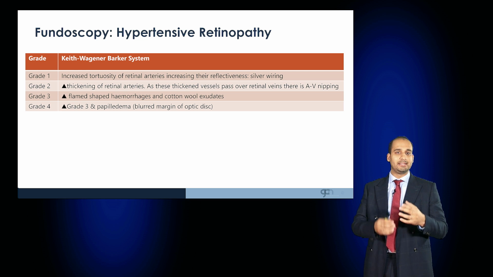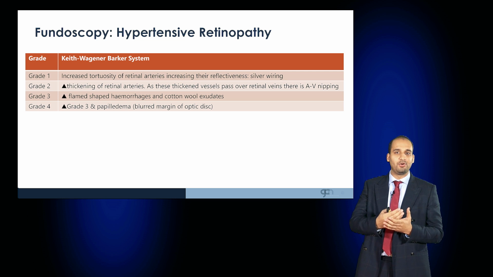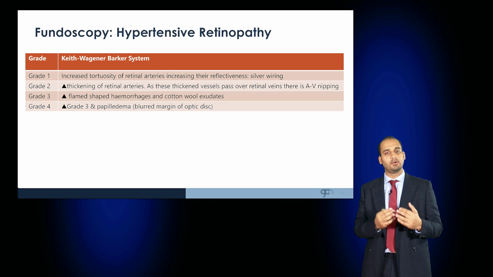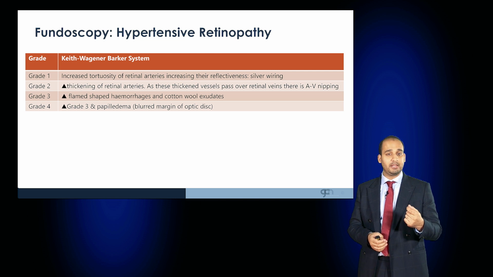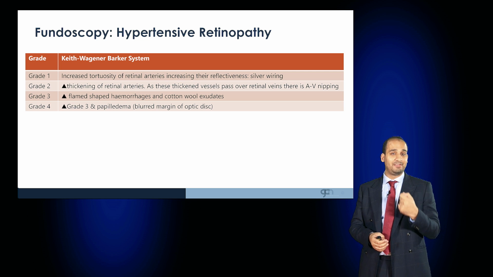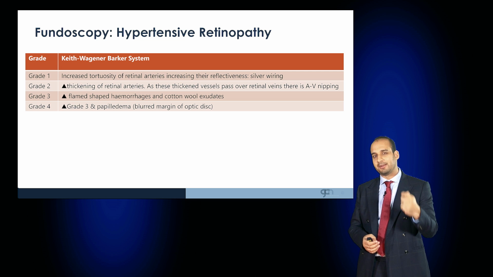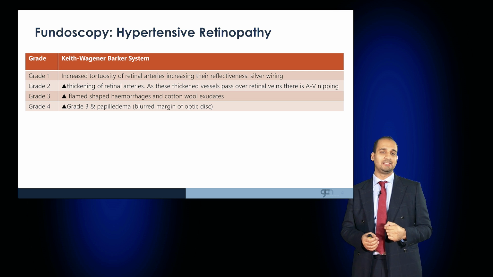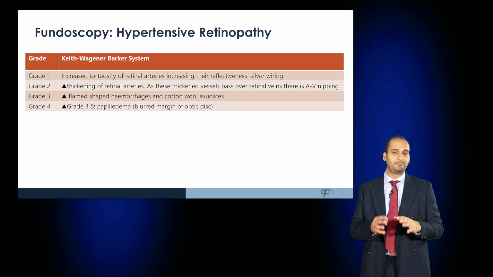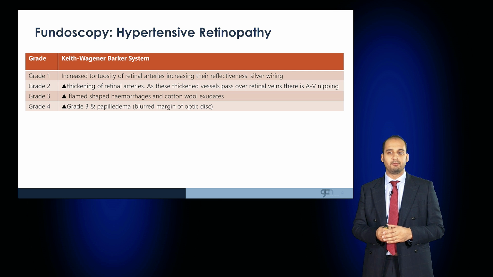Grade 2, the thickened retinal arteries can press over the retinal veins, and this is known as AV nipping. Grade 3, where results in flame-shaped hemorrhages and cotton wool exudates. And finally, grade 4, advanced hypertensive retinopathic changes result in papilledema, where you'll have a blurred margin of the optic